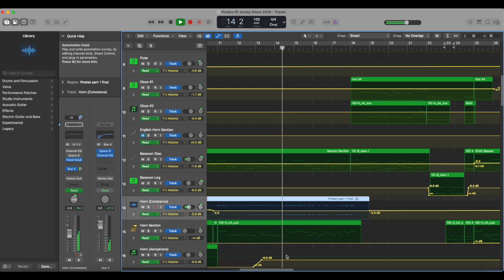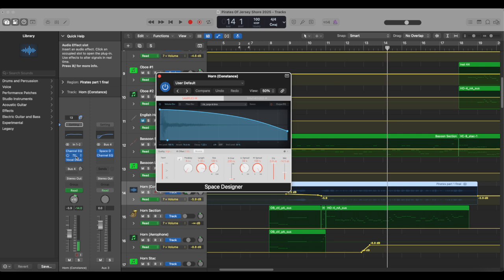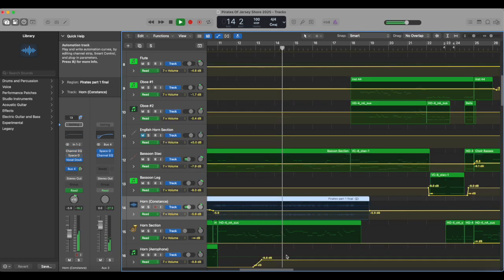Okay, now actually I'm breaking my own rule here, because this is an example of insert reverb, as I felt like for this French horn, the insert reverb was more effective. But as you can kind of hear, it does create a sense of distance. It makes the horn sound not as close as it could be,